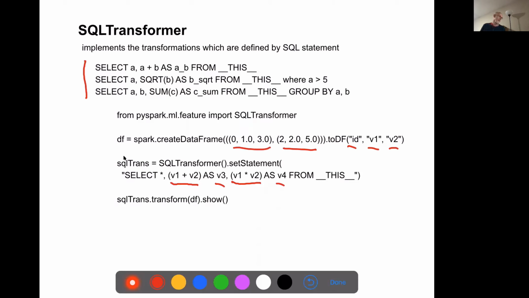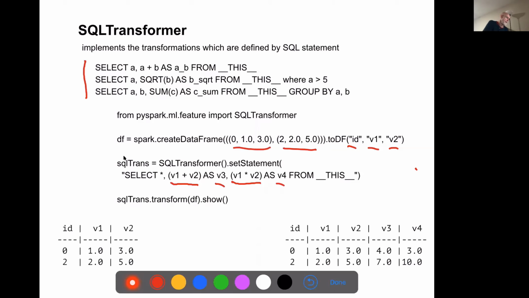And then I'm showing it, all right, so here's my input values, and now we're getting, it did what we said.